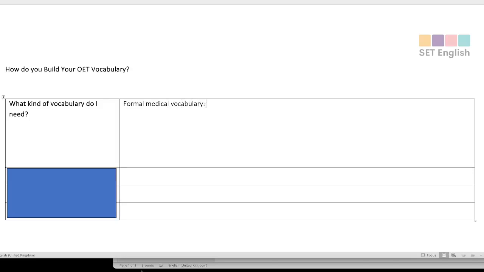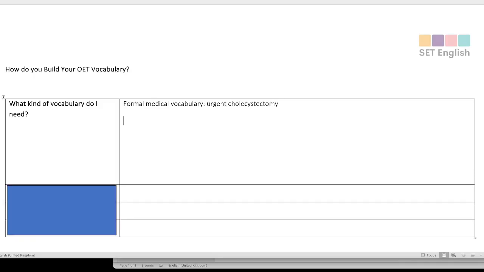Last week we were doing a writing task, and it was an urgent cholecystectomy. Okay, so, cholecystectomy, yeah, sorry, my spelling's not very good. So it does help to know what one of those is, but quite often in the writing tasks, they end up in brackets telling you what it is. Removal of gallbladder, for instance. Yeah, so it does help to have this kind of information,